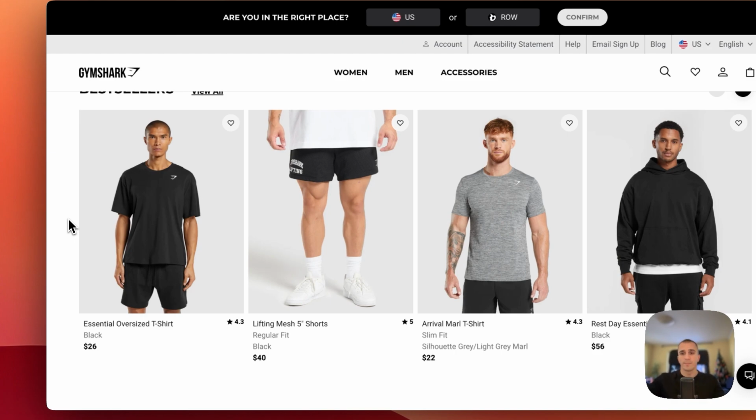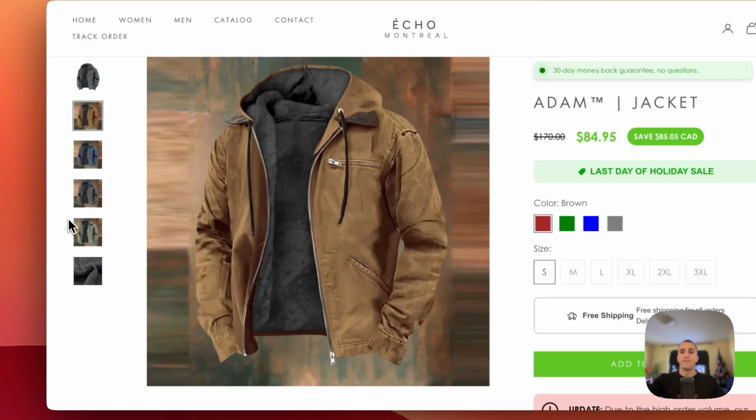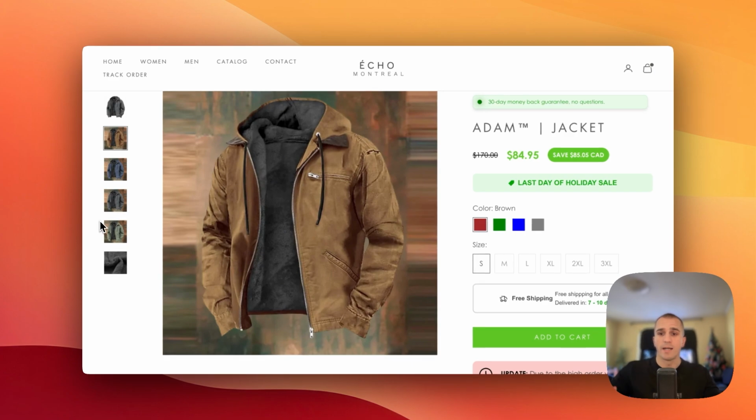They're not smiling or something like that. So their customers, when they're buying their gym apparel, are not just buying the outfit, because they can just buy any Chinese product for that. They're buying Gymshark because they will feel a certain way when they wear their clothes, and that's what they want to achieve. So for that reason, if you are selling apparel, images are 80% of your conversion rate, because that's why people buy apparel. They don't buy it just for the sake of buying a jacket for the warmth and stuff. So you need to improve this if you want to skyrocket your conversion rate. So this is the first thing.